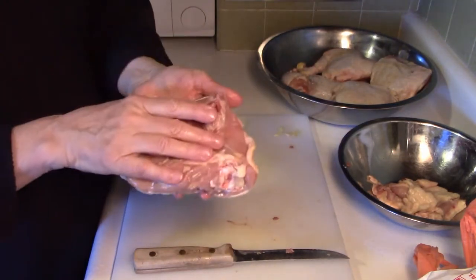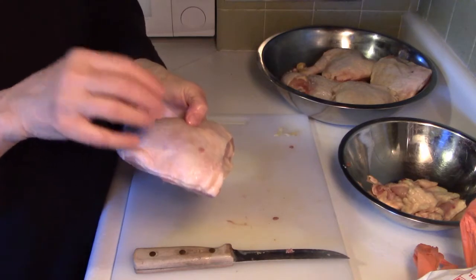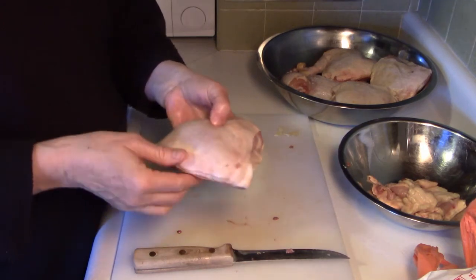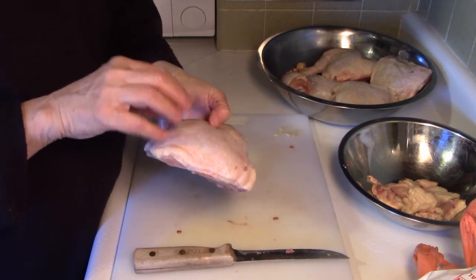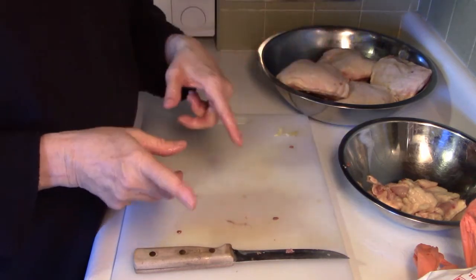And we're going to be able to get a lot of good out of these chicken legs and thighs just by putting in a little bit of effort. I'm going to continue to separate these, and then I will put them in freezer bags, mark them, and I will show you what I end up with. In the meantime,